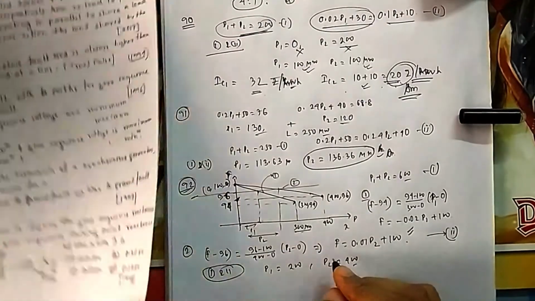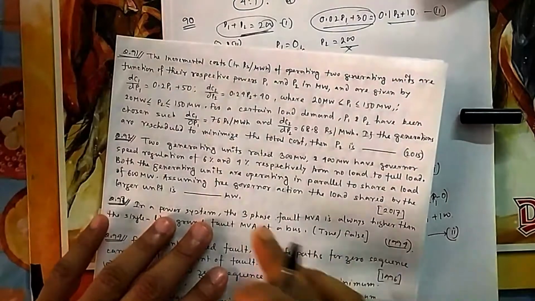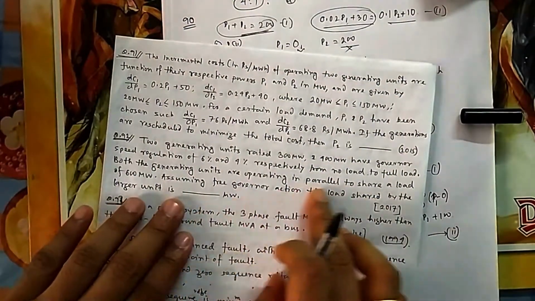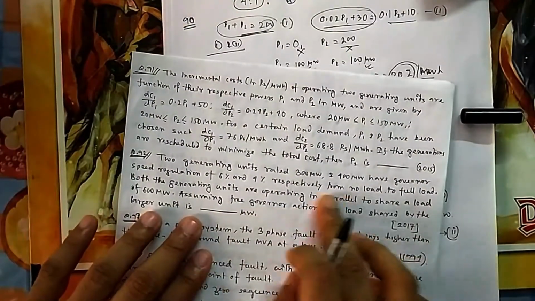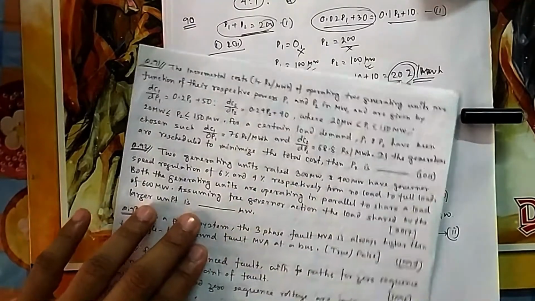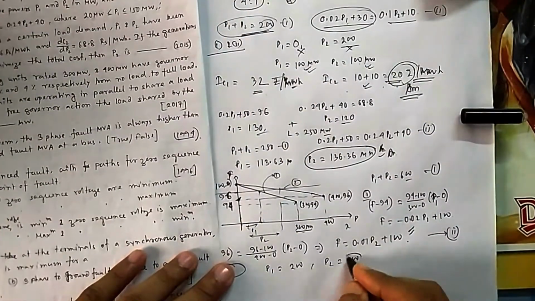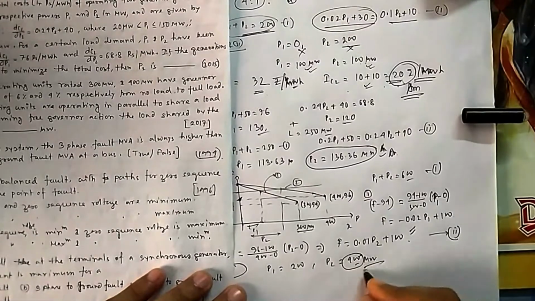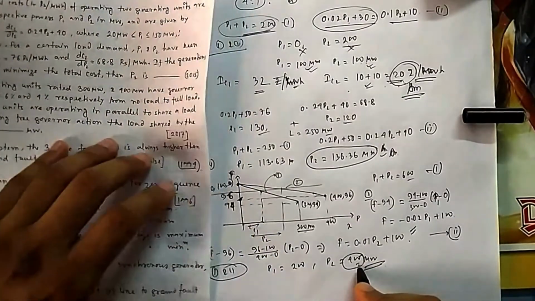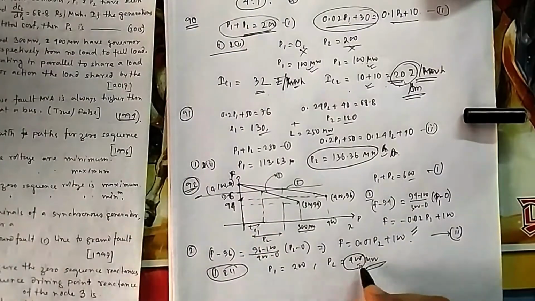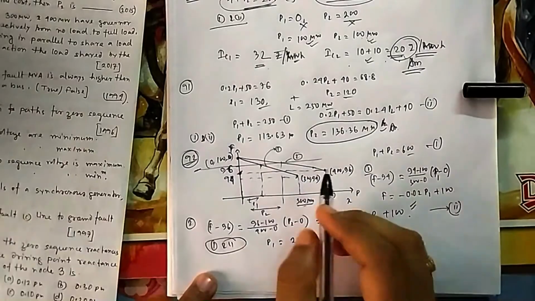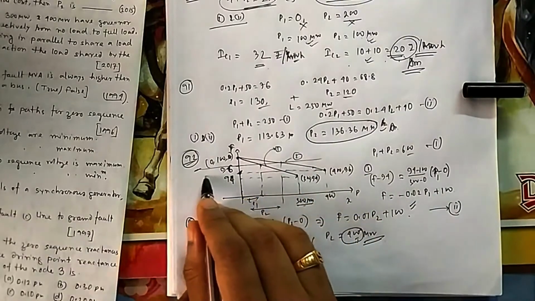Now they are asking, assuming the free governor, the larger unit, which one is the larger? The second one is the larger, I guess it was 400. Okay, so they are asking about P2. So P2 will be equal to 400. You have to check whether it is in the limit also or not. Its maximum rating was 400, so it is within limit. Any further increase it will not allow. So it is operating exactly at this level actually.